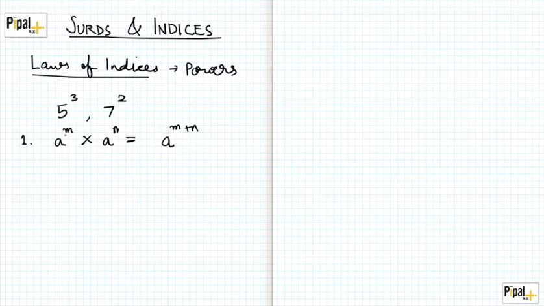So essentially, the powers are getting added if the bases are same and two numbers are being multiplied. Similarly, when these two numbers are being divided, we get a to the power m minus n. So whatever power is getting divided is subtracted from the power of the